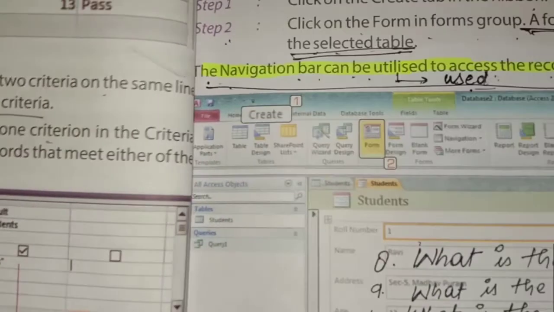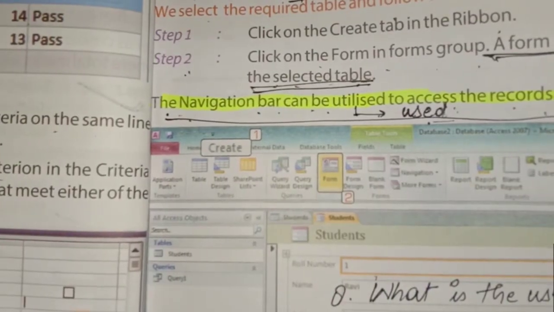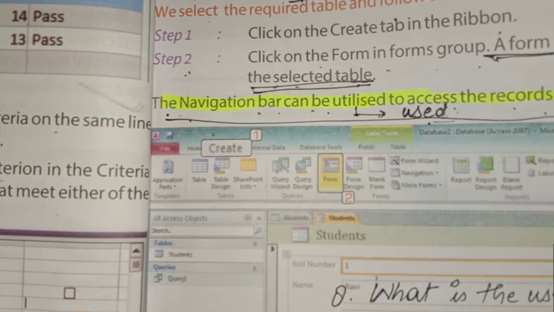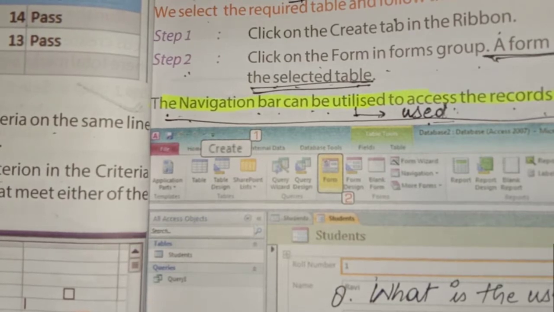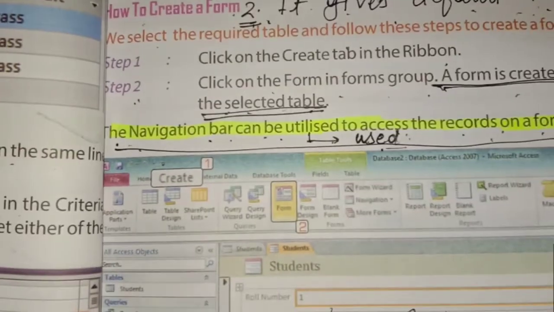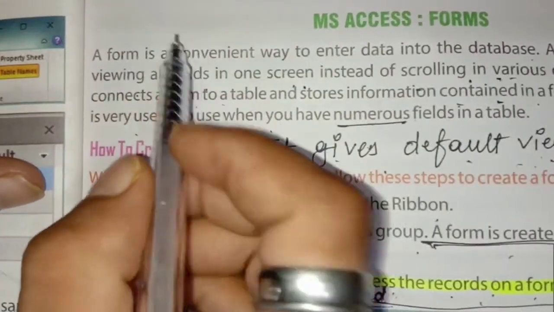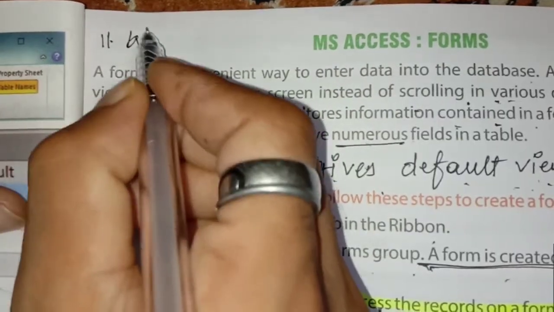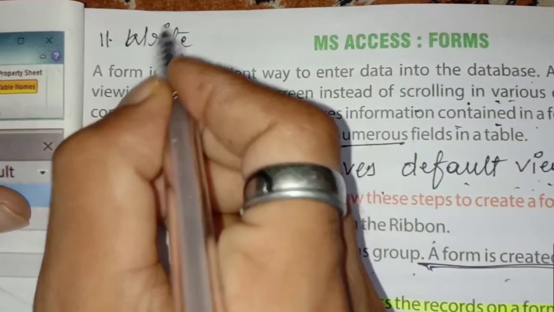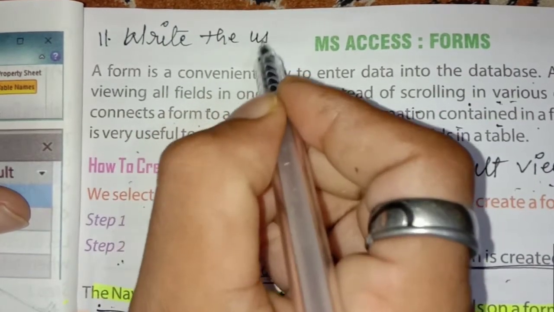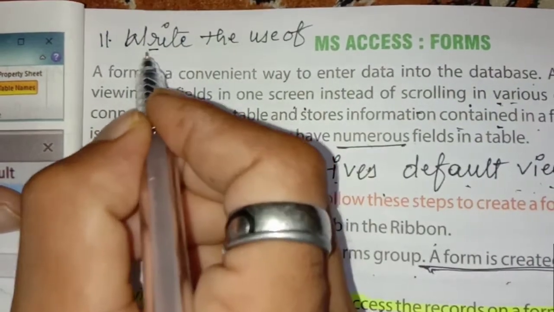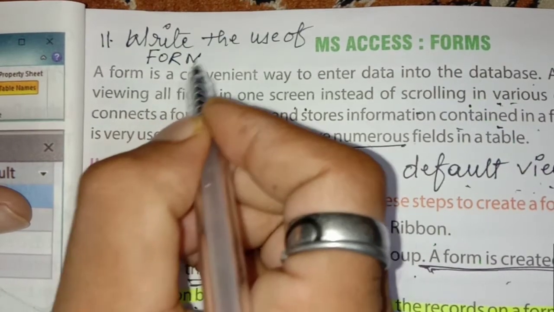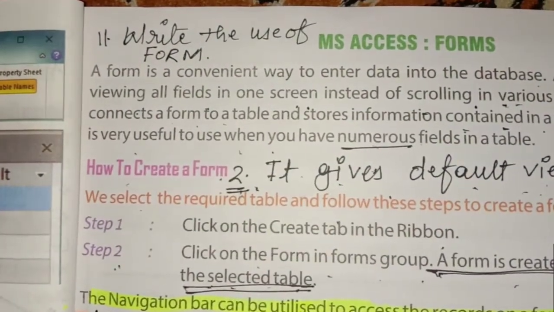Let me see if there is one more question to write. Write the use of form. Question number 11. Write the use of form.